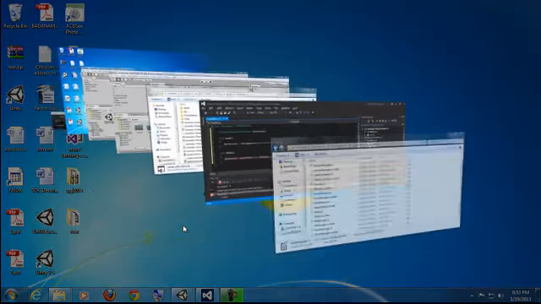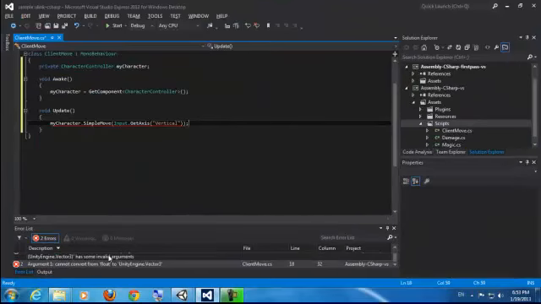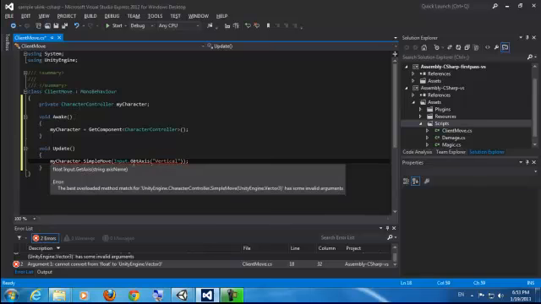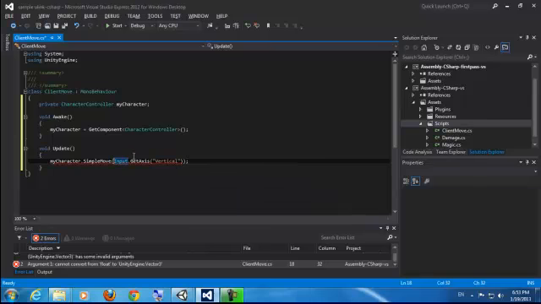Hi again, let's add movement to our character. So I've created a script called client movement and just added a reference to my character controller and got it. And now in the update function with the simple move, I just want to do some